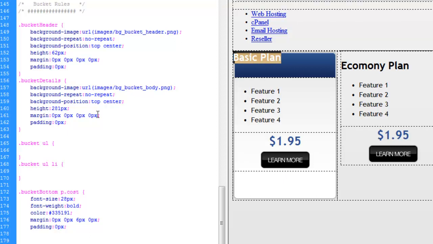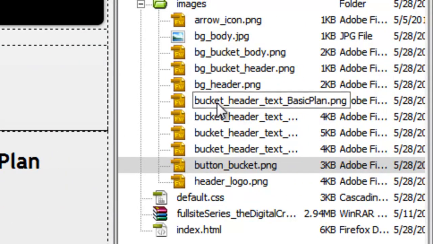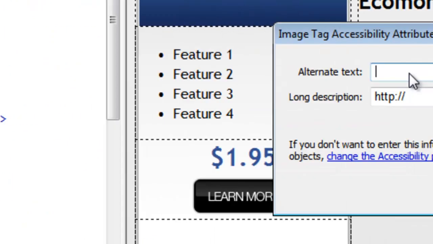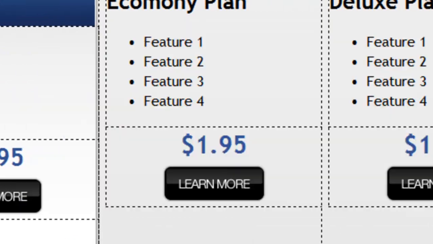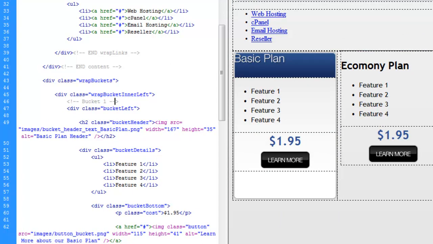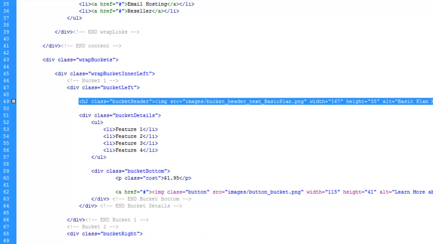Now we've got this here, which we're going to replace with our image. So let's save this and go back to our source code. Let's remove this, and we're going to do similar to what we did with the Learn More button, and that is drag the basic plan image here. We're going to have to do some moving around here. Let's go to total code view so we can see better. And like we did with the other ones, just copy this